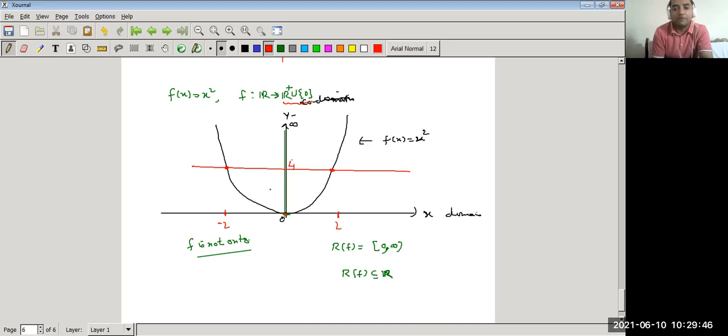So in this way we can discuss 1-1 functions, onto functions, examples related to them, and how we can think about 1-1 and onto functions graphically. So this is all for today's lecture. Think about some more examples related to 1-1 and onto functions. Try to solve them geometrically, graphically, and also try to find the rigorous proofs of these results.